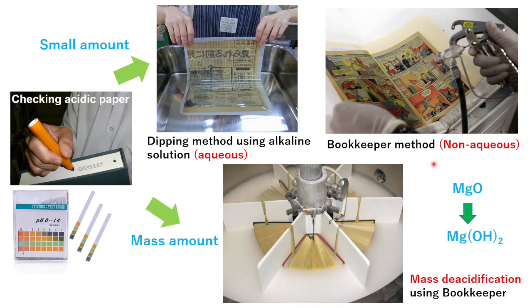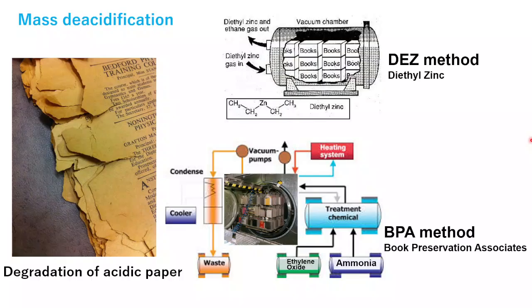In the Bookkeeper method, the deacidification solution can be sprayed onto paper using a hand spray, or a large amount of papers can be treated using a chamber. If the amount of paper is small, spray each page, but to process large volumes of books at once, they are processed by immersing them in a closed chamber. But the size of the object that can be processed in the chamber is limited, so large maps or weak objects are deacidified by hand spray.